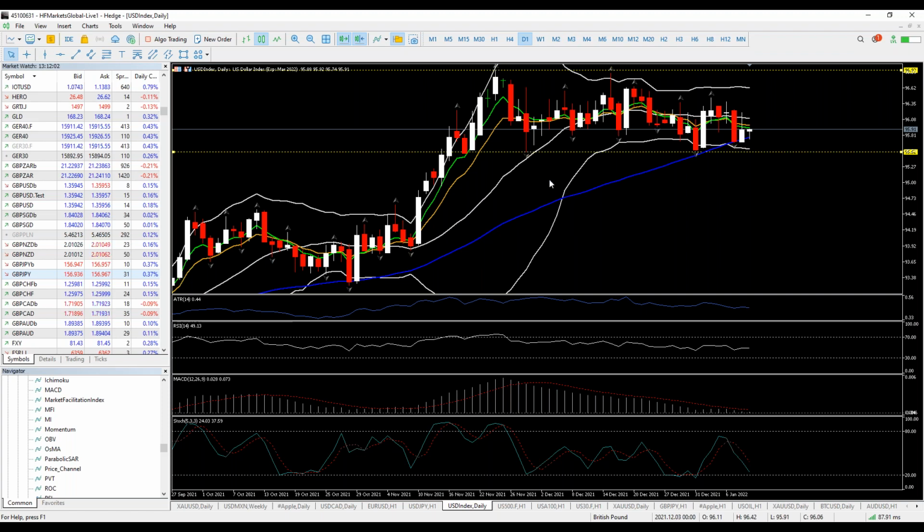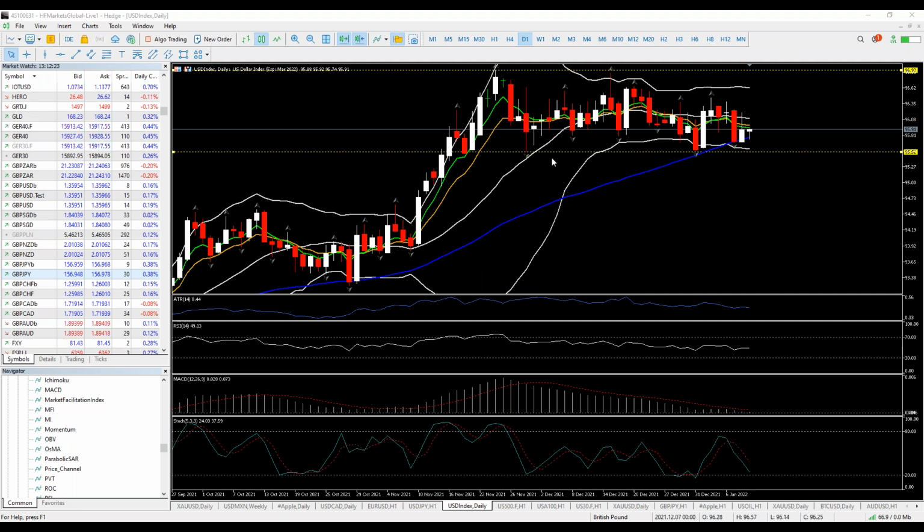There are multiple ways, of course, to have this mean reversion approach, but I will briefly say that we have the dollar index